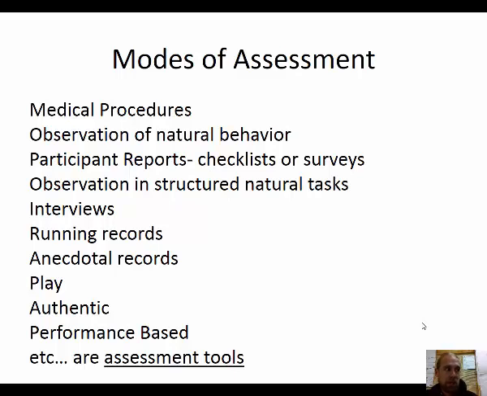So we have specific days and weeks planned for observation, for interviews, for performance-based or authentic assessment, rubrics, a whole bunch of other assessment tools, and yes, tests. We do have to be able to create good performance assessments to help us understand where a child is. And to hit that last piece of the title of this class, Assessment, Evaluation, and Planning, assessment is only as good as it informs your instruction.